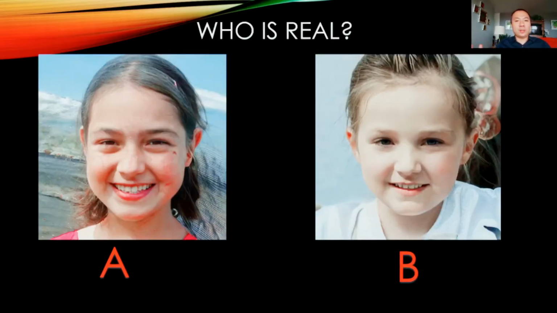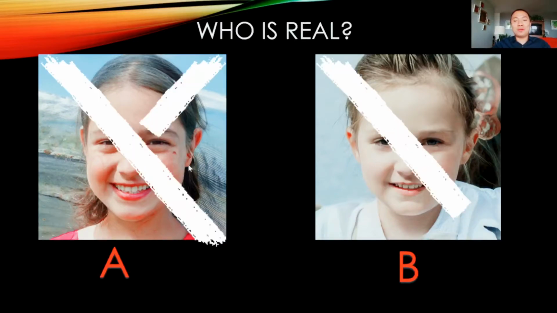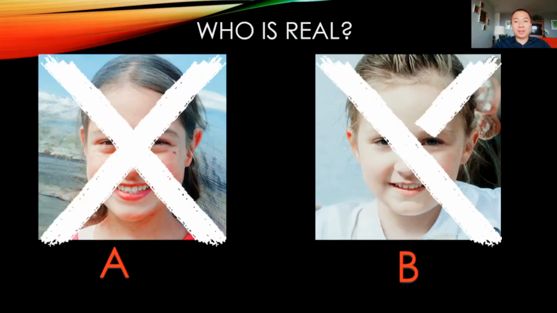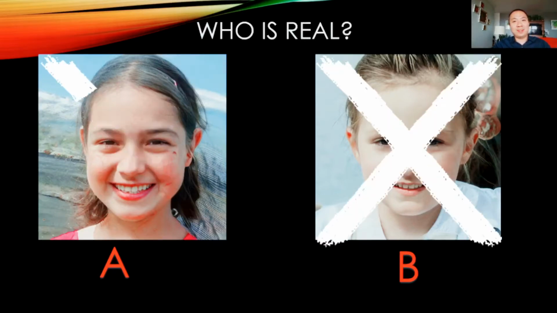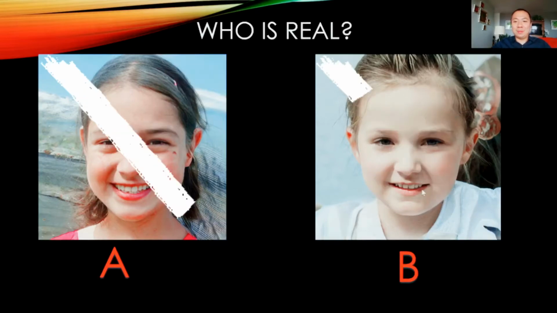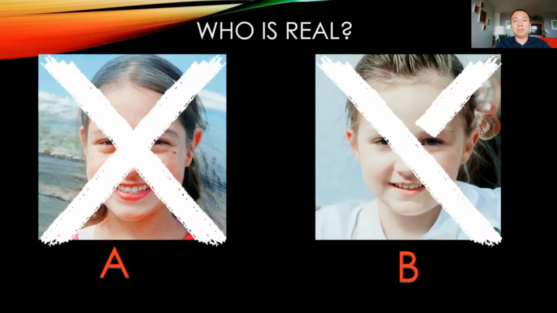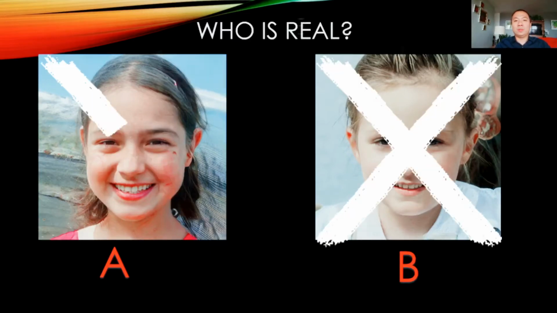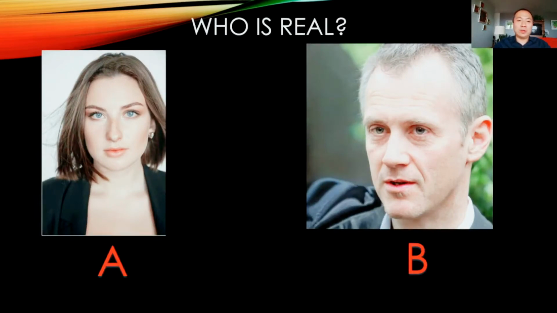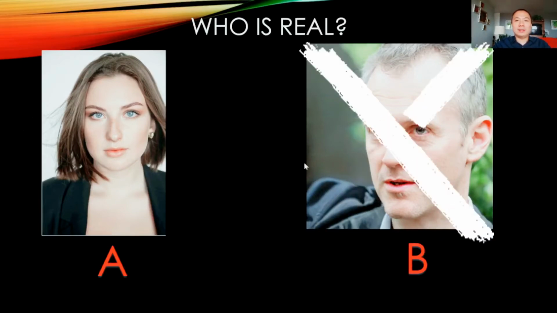The fourth one is actually quite fascinating. Who do you think is real in these two images? No, actually, both of them are not real. These are all manufactured images. Image A is not real, and image B is also not real. It's quite fascinating, right? The B image actually looks real, but it's just an image generated by generative adversarial networks. And then the last one: who do you think is real? The real one is actually A. B is a generated image.